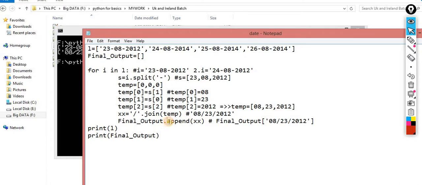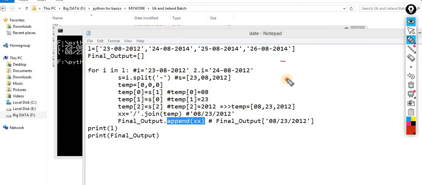This one, append. Yes, with the help of append I am adding it. The first value is added. Now understand it. I already told you the meaning of append in the computer science world. Append means when you add the first value, automatically the second value will append over here, automatically the third value, the fourth value, the fifth value. With the help of append I am adding the value into this list. Earlier my list is empty. The first value enters, now the first index is filled. Now it will automatically fill the value on the second index, and automatically fill the value into the third index.